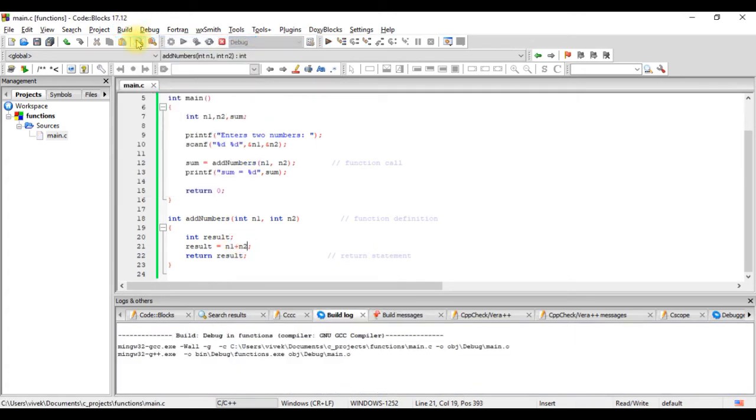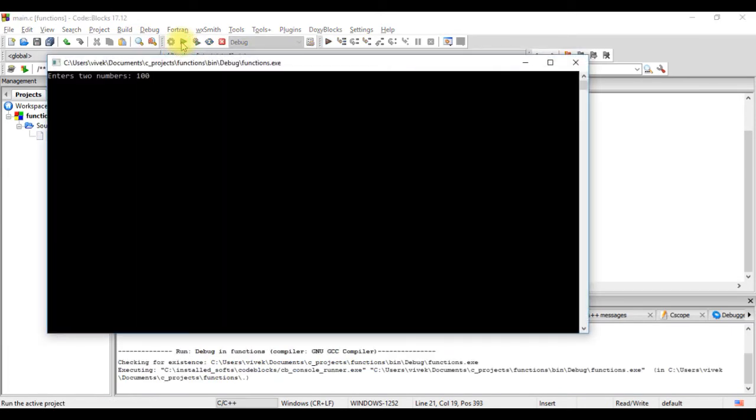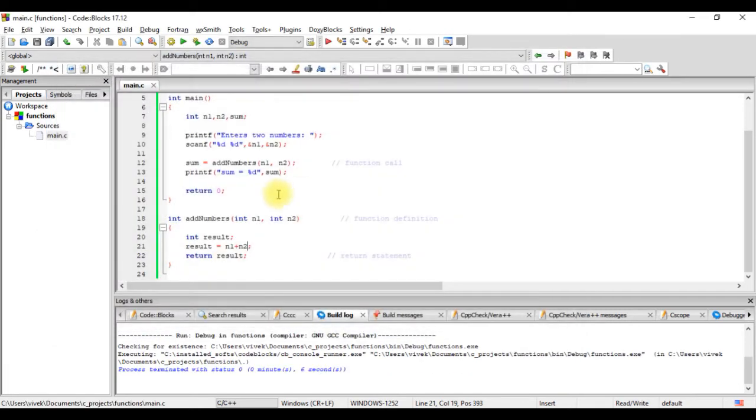We build again and run it. 131, we get 131. This is to show you that this n1 and n2 are different from that n1 and n2. This n1 and n2 are local only to this function. This n1 and n2 are local only to the main function.